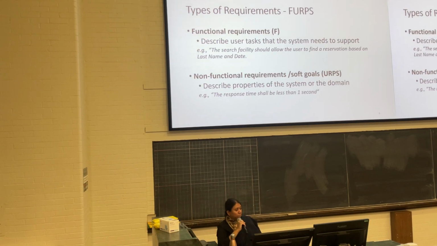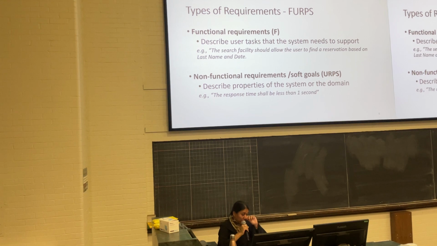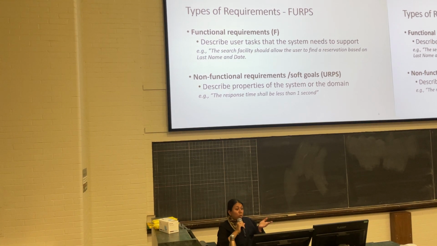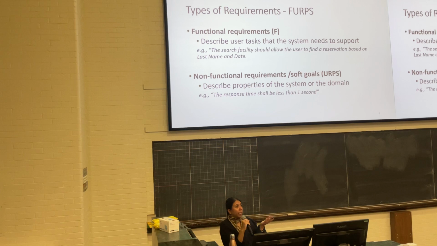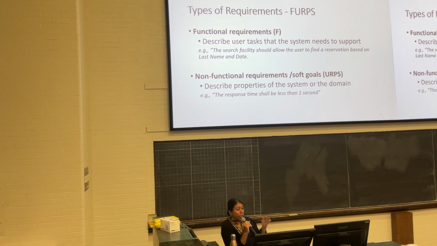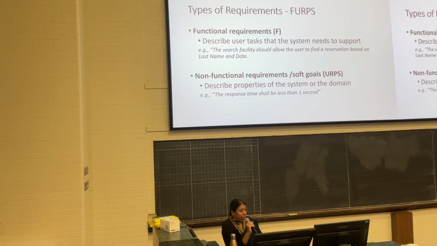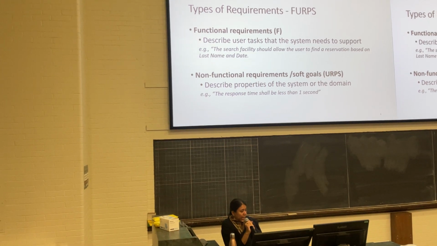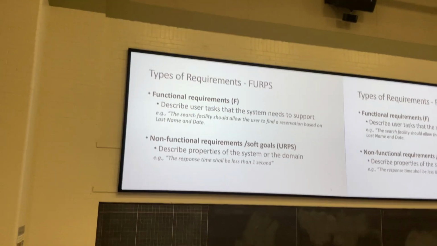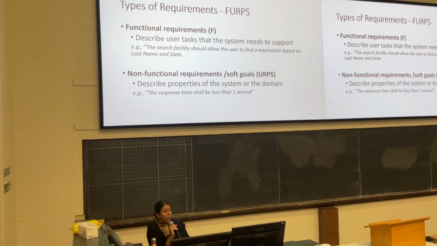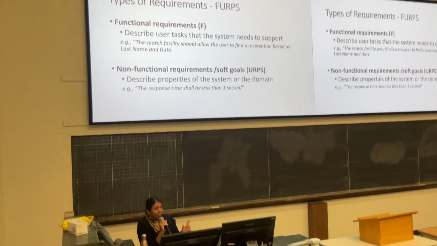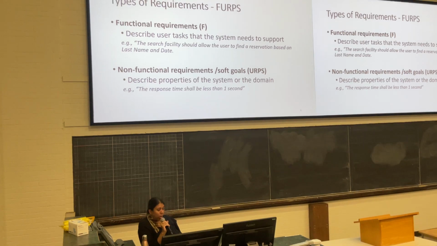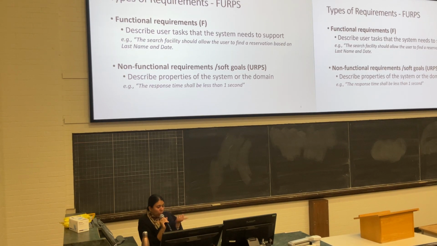There is FURPS, a technique which is used to categorize requirements. The first one is the functional requirements. These just describe the task of the user, the software, or the product, the features. An example here is: the search facility should allow the user to find a reservation based on last name and date. And then you have all this other stuff, like the non-functional requirements, also so-called soft goals, also called constraints